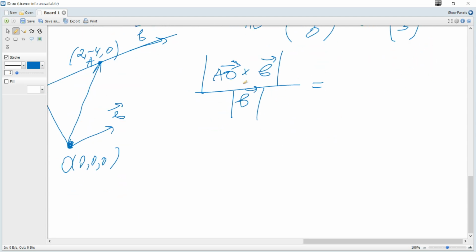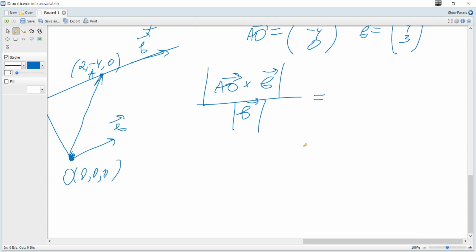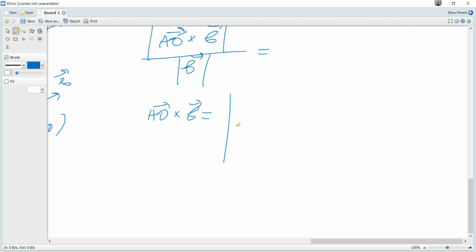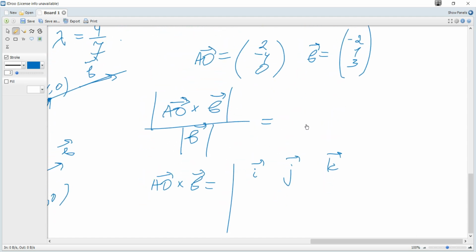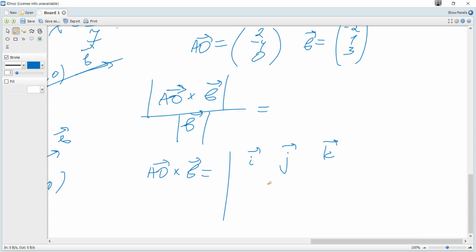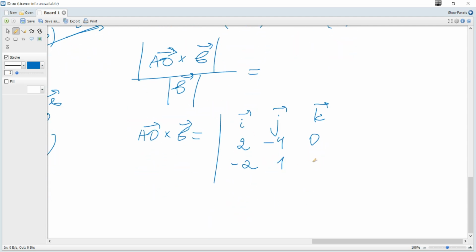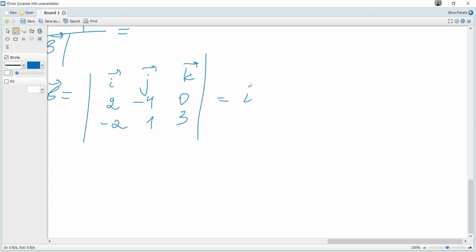To find the cross or vector product, you may use the formula which is given in the data booklet. I use another formula. When you multiply two vectors with a dot product, the answer is a scalar, just a number. With the vector product, the answer is a vector. And I use the next method. It's the determinant of the next matrix: I, J, K, then AO (2, negative 4, 0) and b (negative 2, 1, 3), and it becomes plus, always plus,